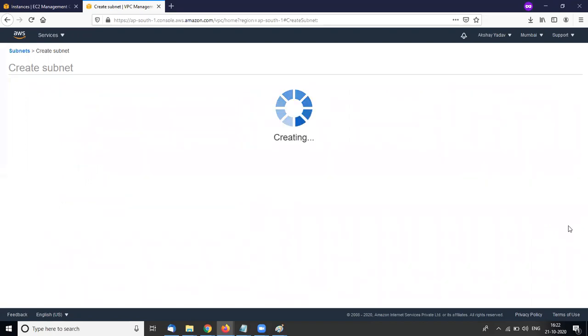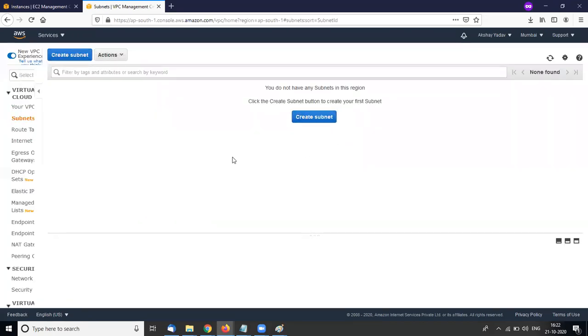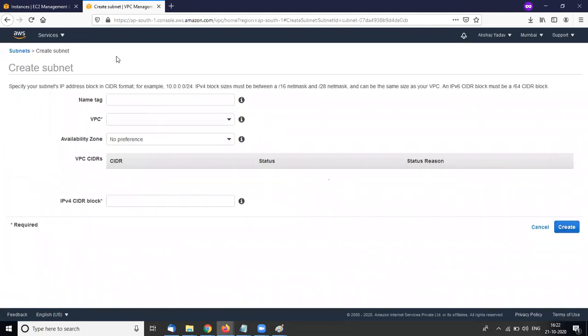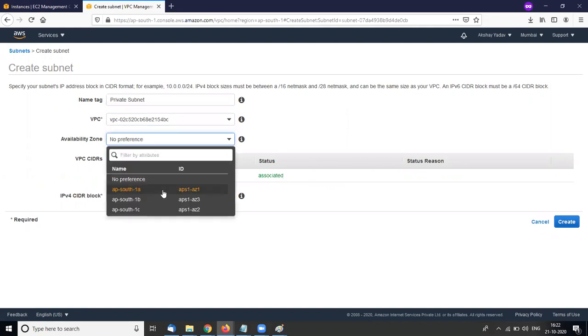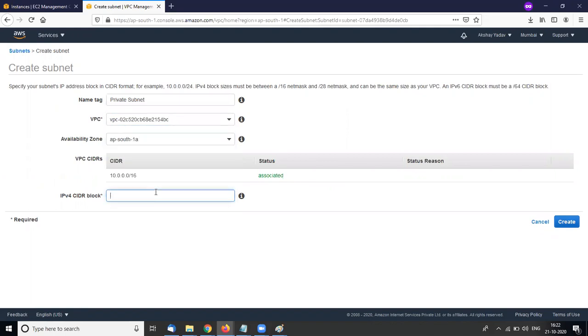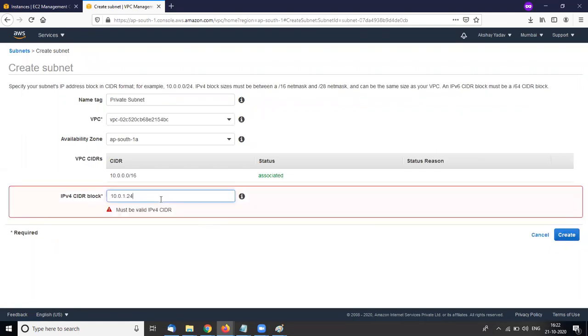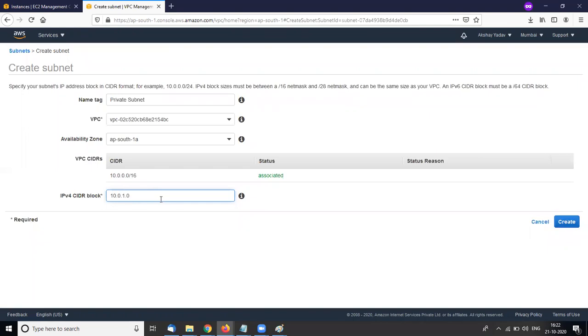Create. And I am again creating a subnet for private, in my VPC, availability zone AP South 1A, and for CIDR you can choose 10.0.1.0/24.